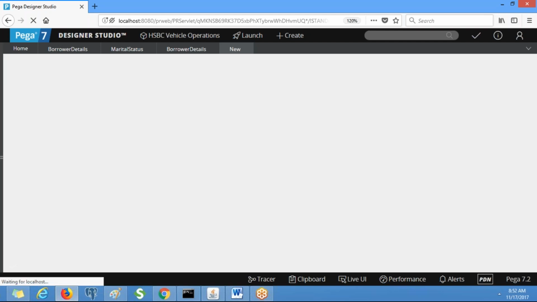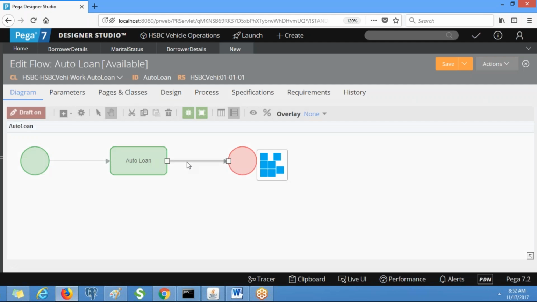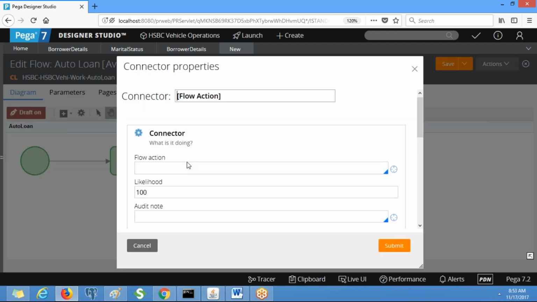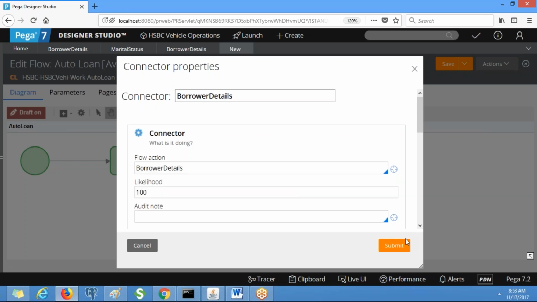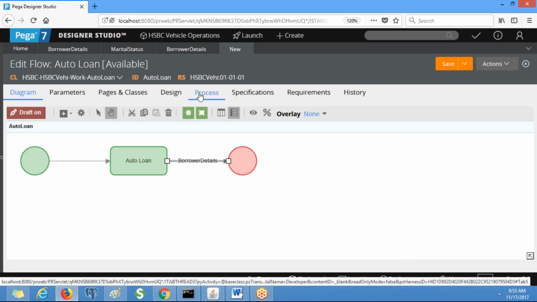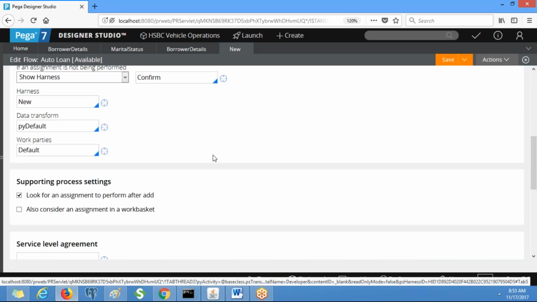Now, can I use that flow action which is there in work class? Yes, right? Because auto loan is a child class of work class. Borrower details. The same thing: go to the process, creates a new work object, change it to pyCaseManagementDefault.